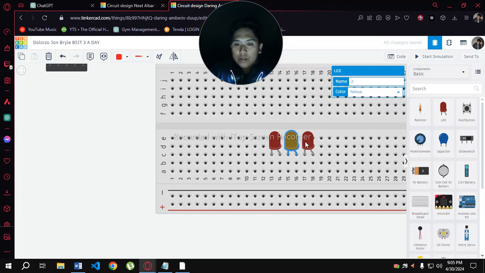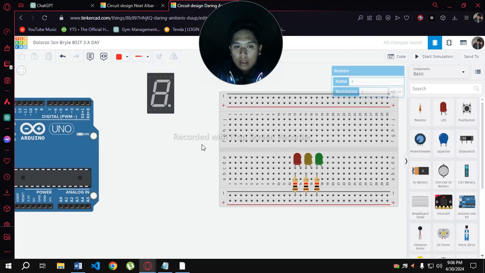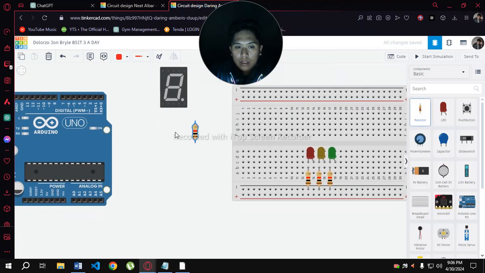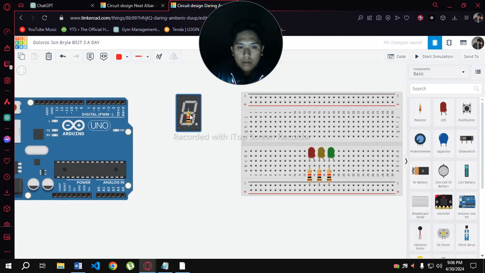We're going to change one to yellow, and this will be green. We are going to put resistors, each of them with their own resistor. Okay, and then also in our 7 segment display we are going to need a resistor connected. Then we are going to connect it to our ground.